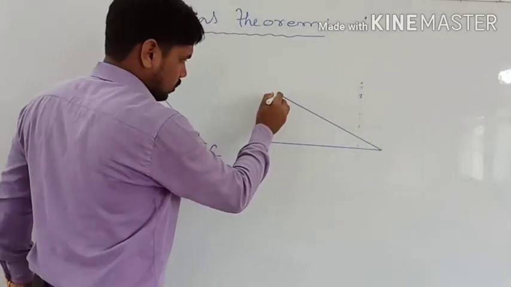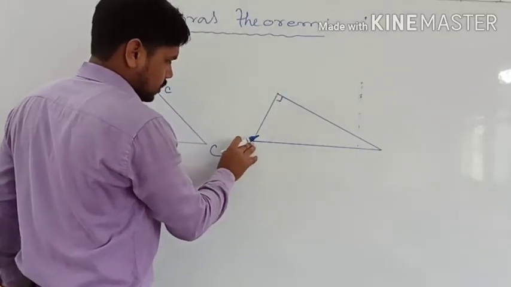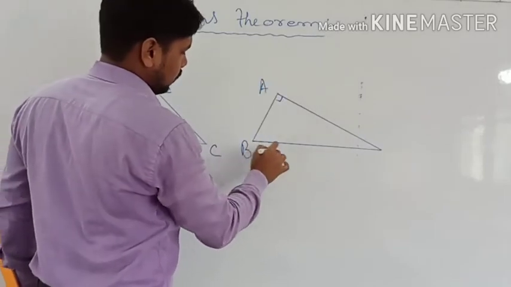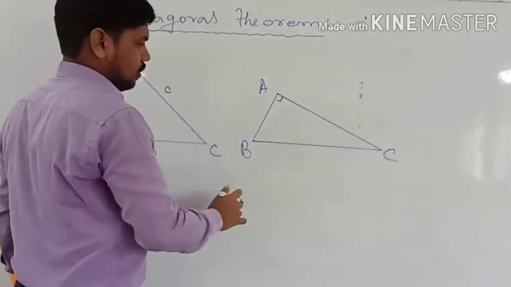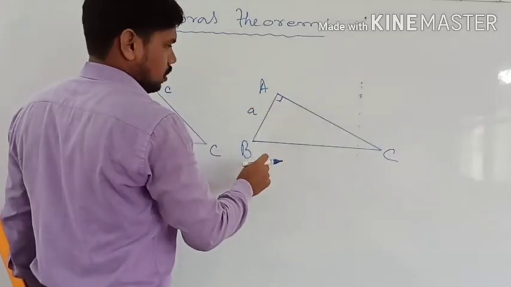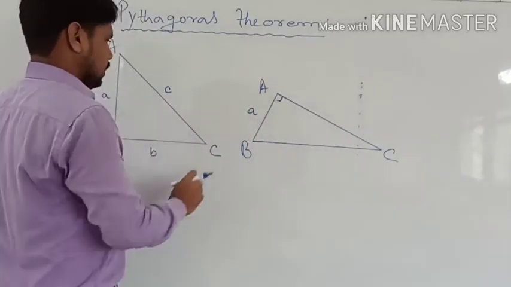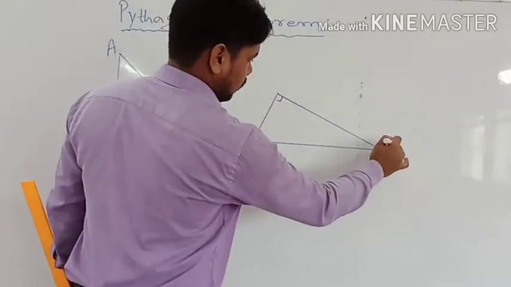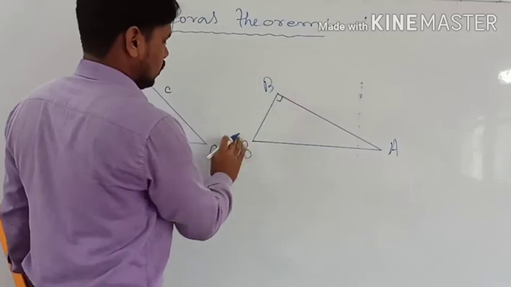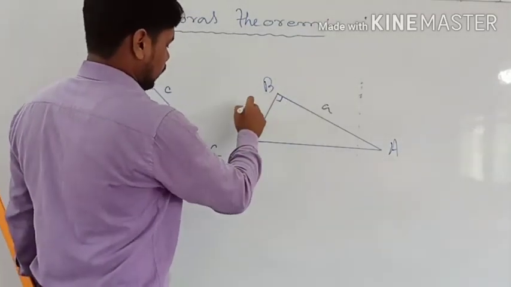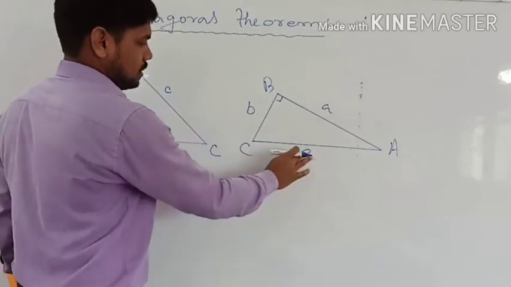So here this angle is 90 degrees, so that is why this will be a right triangle. You can give the name A, B, C. Suppose this side is A, or you just give the name like this only. That will be better. So here give this A, B, and this is C. We have taken this side as A. A, B and C.